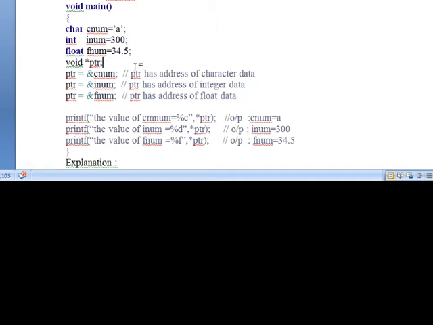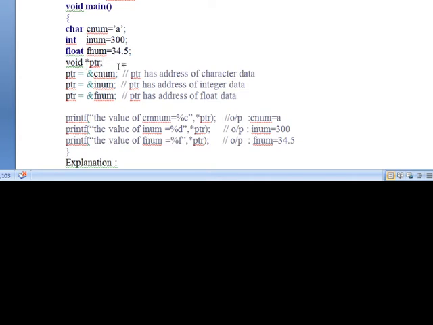That is, if you want to store the address of any variable in a pointer variable, the pointer variable must be the same type as that variable. That is the condition, whereas a void pointer is not associated with any data type.